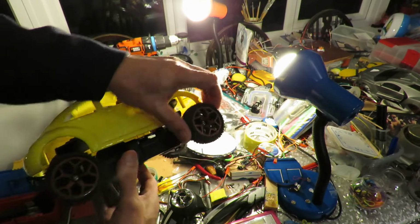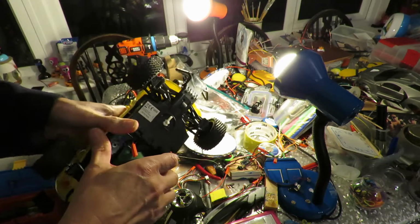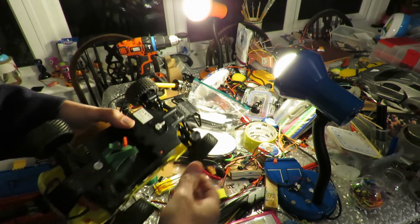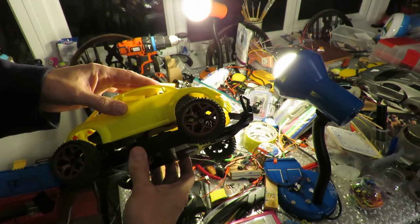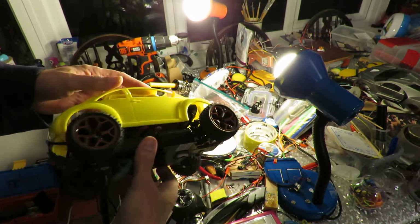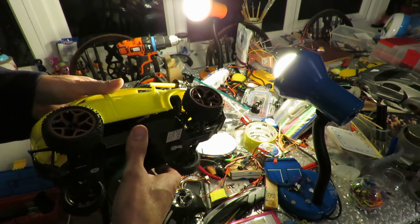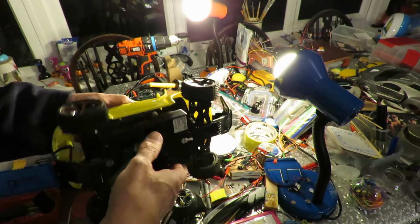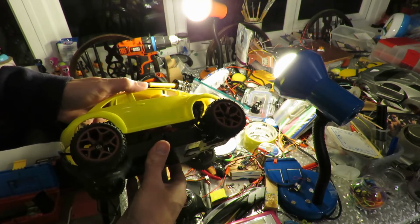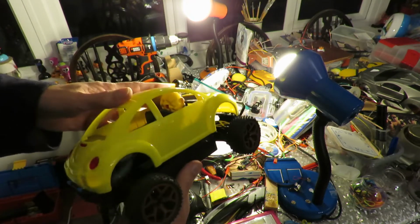It's four-wheel drive, but it's got no suspension at all. It's absolutely rigid, so it'd be alright for a nice flat surface, but no use at all for going over rocks. Being four-wheel drive there'd be a bit of benefit, but anything very uneven and it'll just get stuck. Anyway,